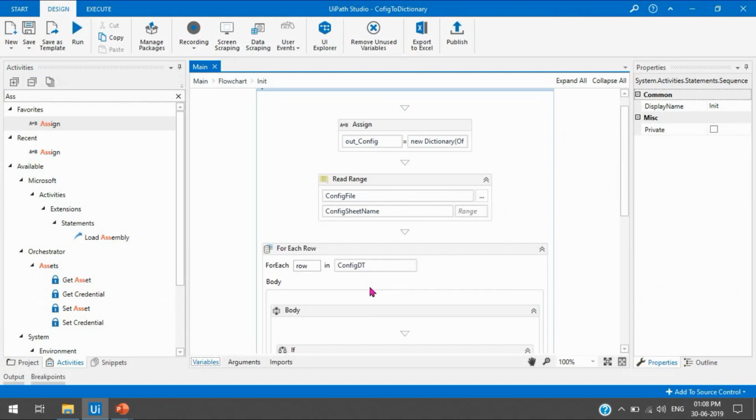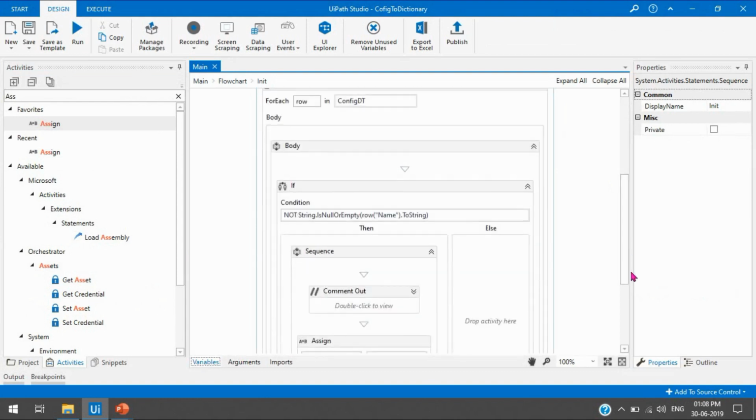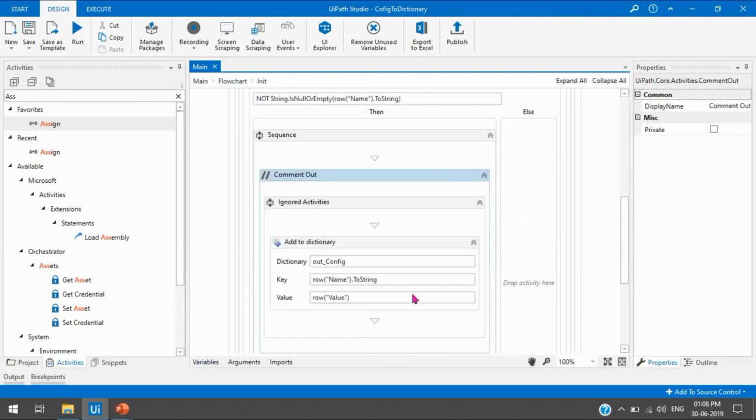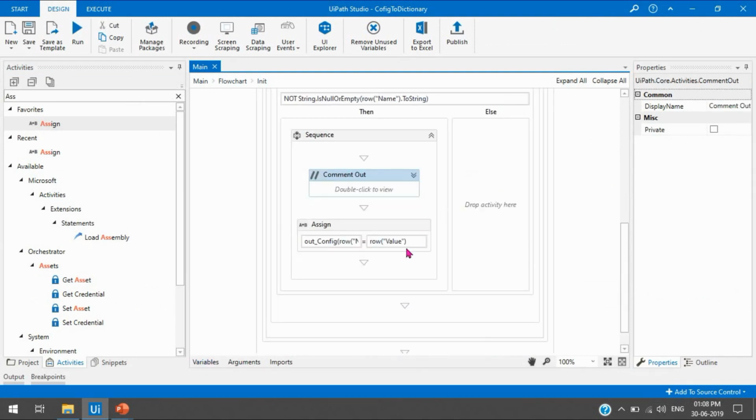Here also we can take an add to dictionary activity, or we can take an assign activity and pass out underscore config row in the double quotation name and the dot to string, and then we can pass this value as a row value. So by this way we can add to the dictionary.